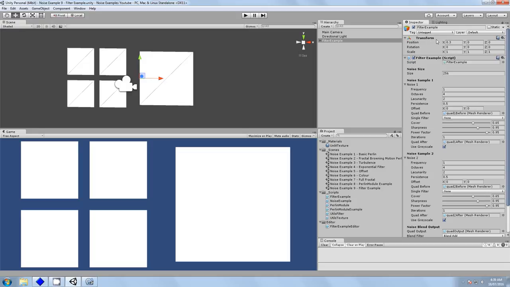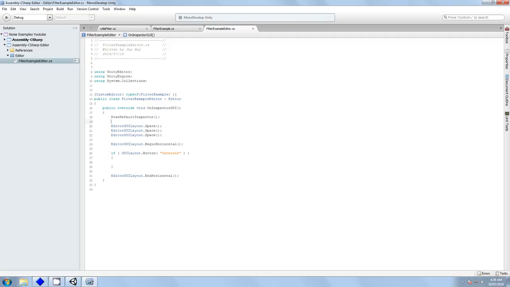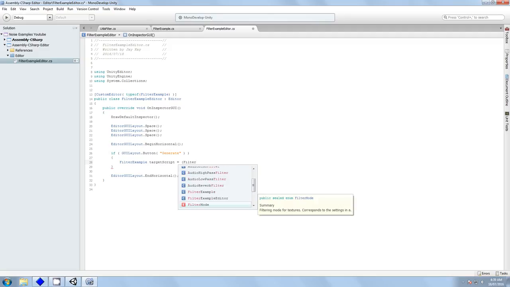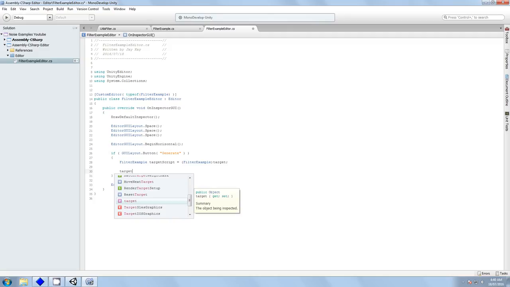Okay, we need to designate, this is our target, but it's untyped. It's like an object. We need to typecast our target object as our script so that we can call a function on it. So we're going to create a temporary variable. This will be our FilterExample, that's our type. This will be our target script, equals, and then we just need to typecast our object target: (FilterExample)target. So now we have a pointer that's directly referring to the filter example script. Now we can simply say our target script,